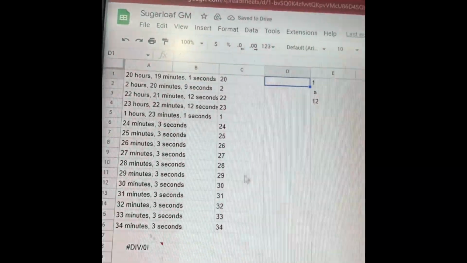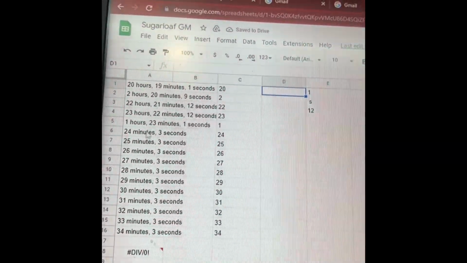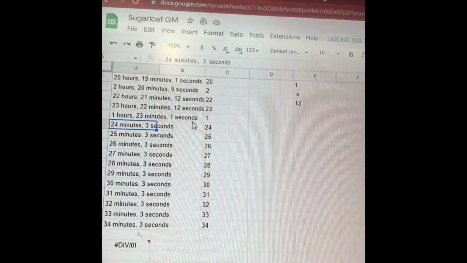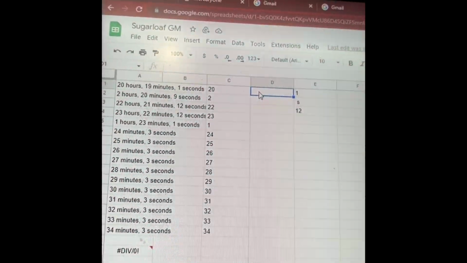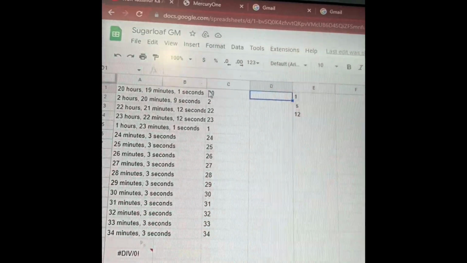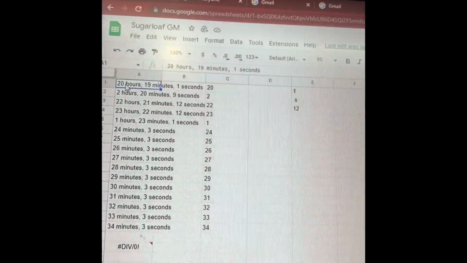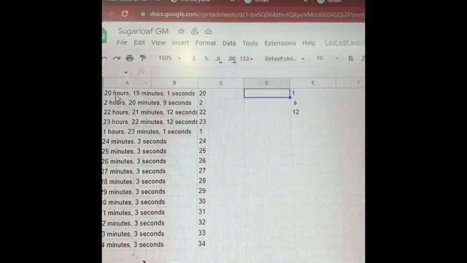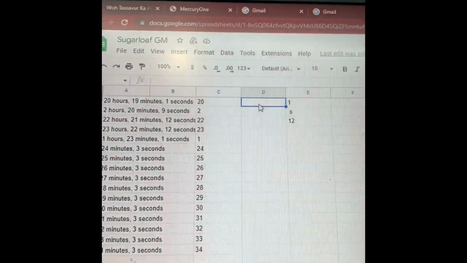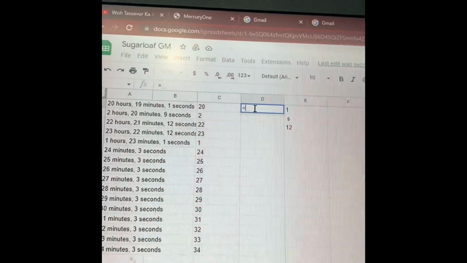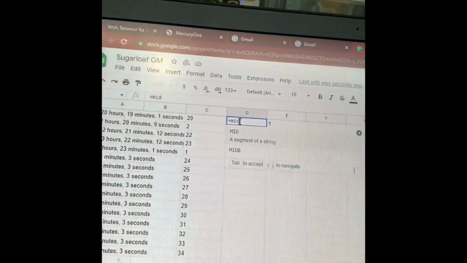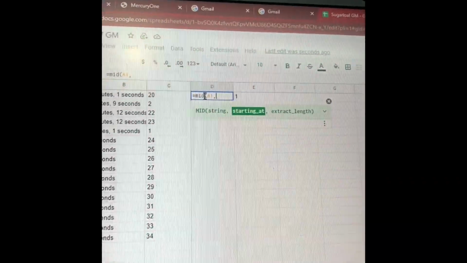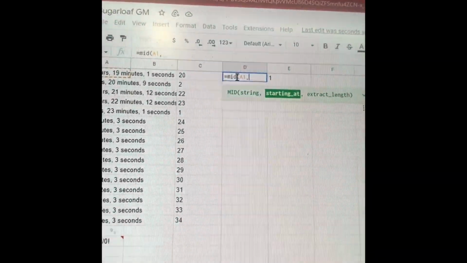Just don't worry about it right now, because in the bottom ones we don't have any hours. All we got is minutes, so we're gonna fix that. And over here, all we are worried about is just the first column, the first block. So over here we have 20 hours, and then to get the minutes, what we're gonna do is equal to mid, A1, comma,